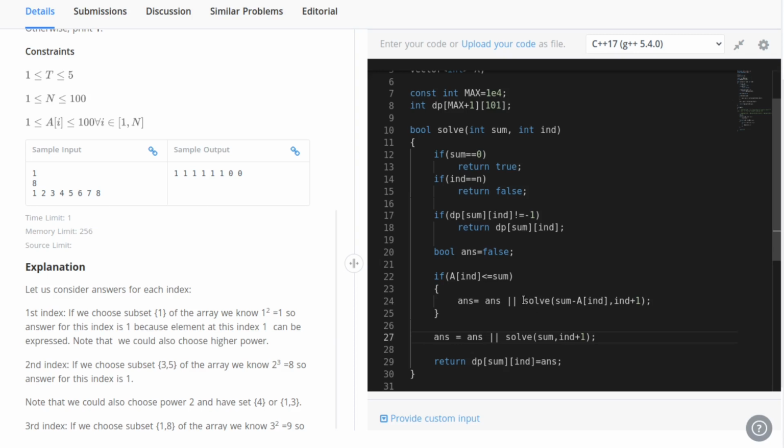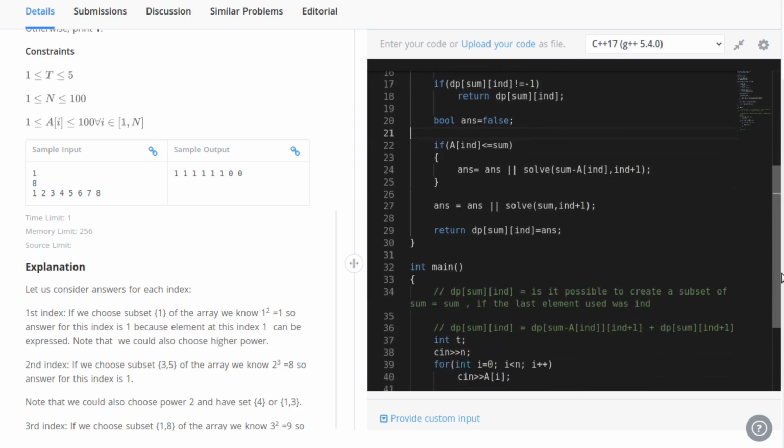Similarly, suppose that this particular recursive call gives me false but this one gives me true, then also our answer should be true, because as given in the question it is asking is there a possible way. So we just need to find if there is even only one possible way, so we need to print one. And if you know the truth table of logical OR, you might be knowing that even if there is one true and all the remaining variables are false, then also the resultant logical OR is true.